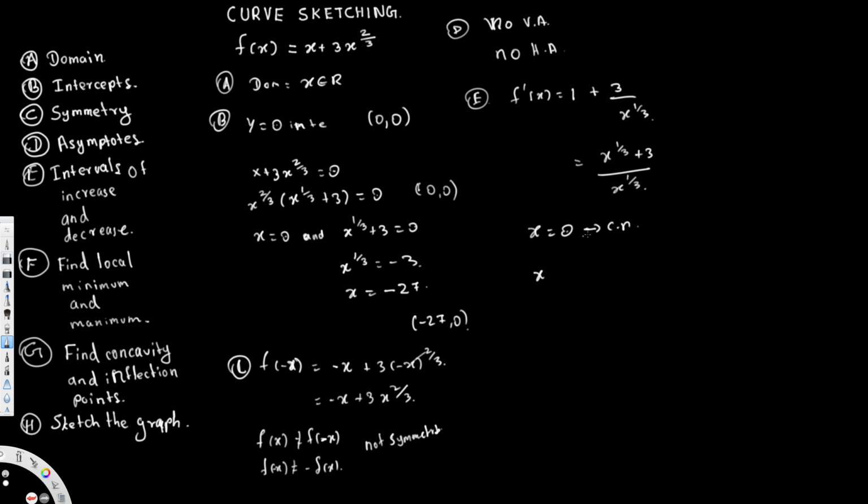If I set the numerator to 0, x^(1/3) + 3 is equal to 0, and this is going to be x^(1/3) is equal to negative 3. Okay, wait a minute. This is actually 2,